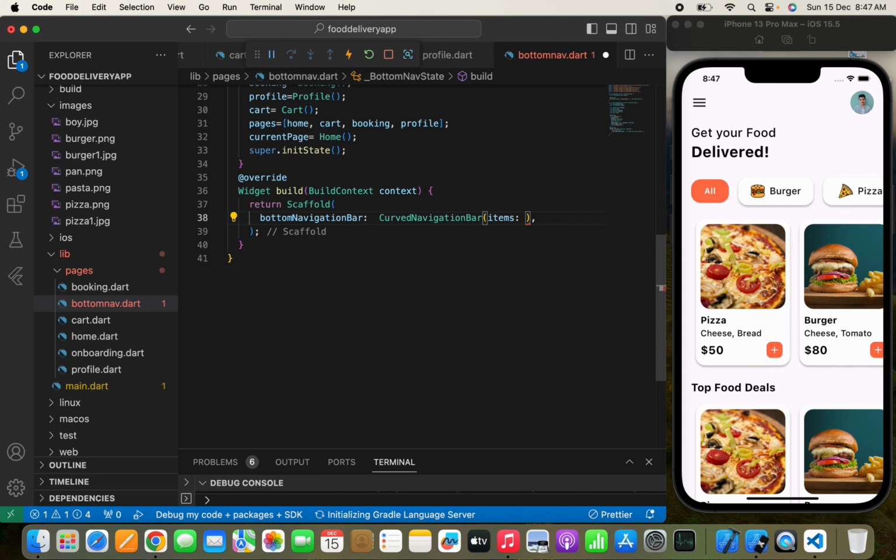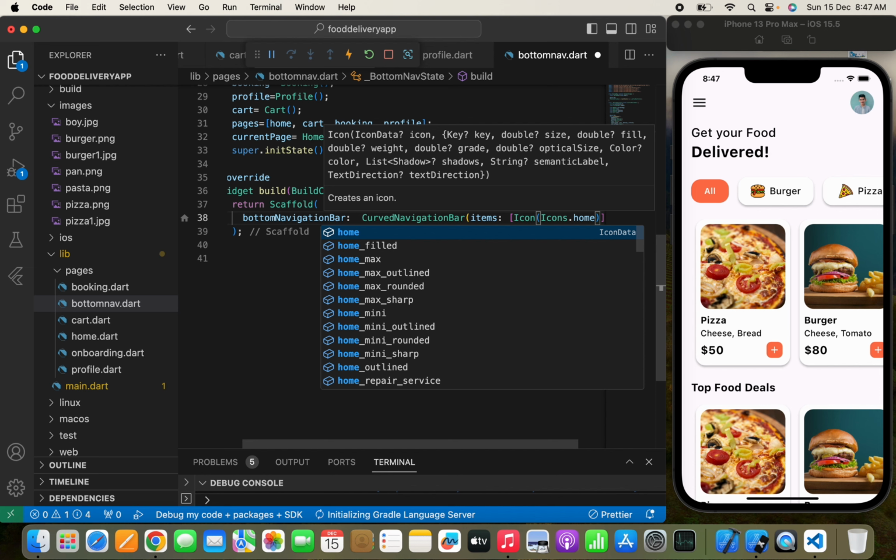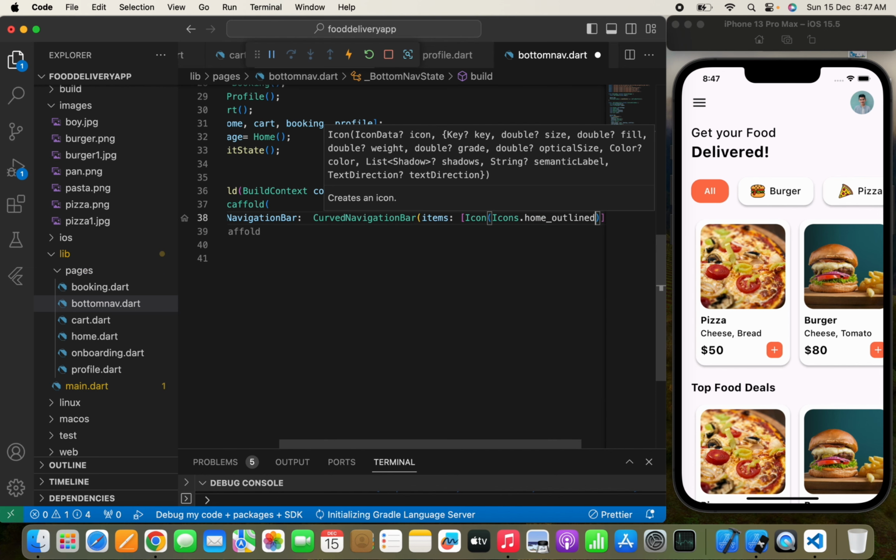Let's pass the items first, then I'm going to add a color, height and all. So first the icon will be Icon, and we'll pass Icons.home_outlined, and let's pass the color of this icon, which is Colors.white. Let's pass the shopping cart also. So we'll use Icon